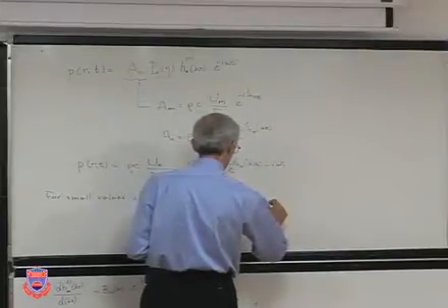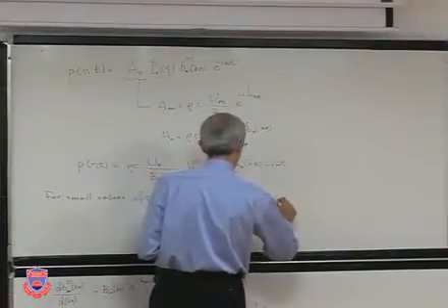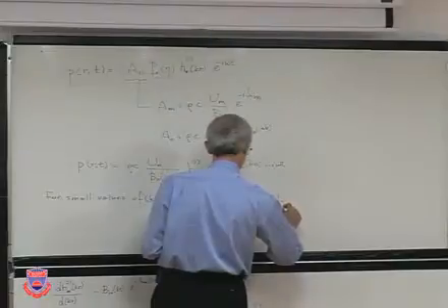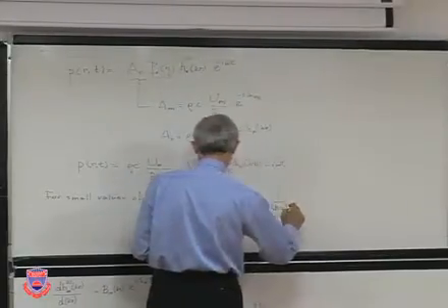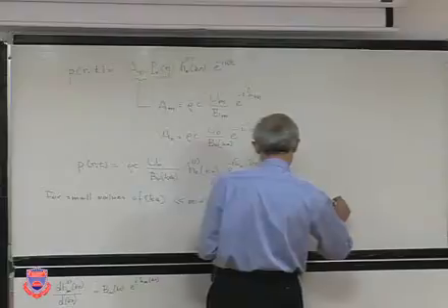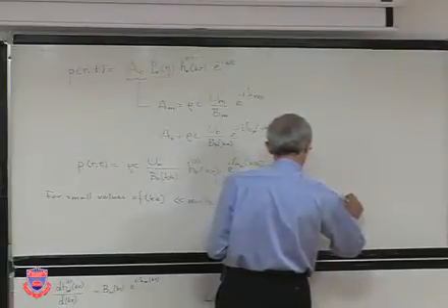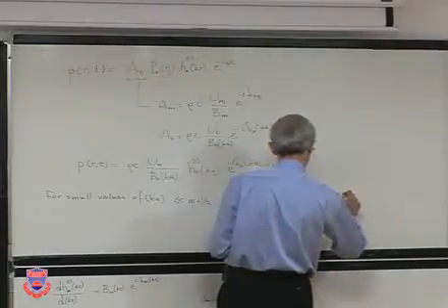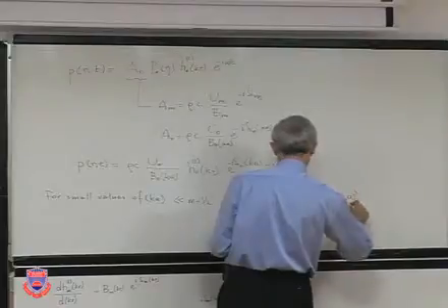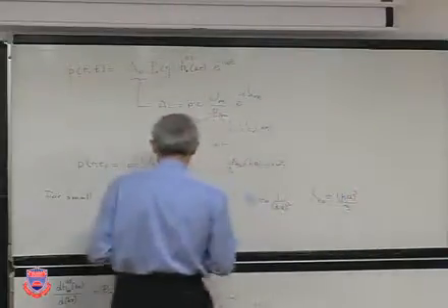B0 can be approximated as 1/Ka squared, and L0 is approximated, and then